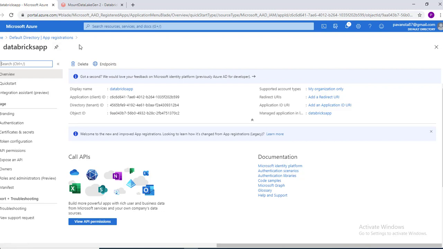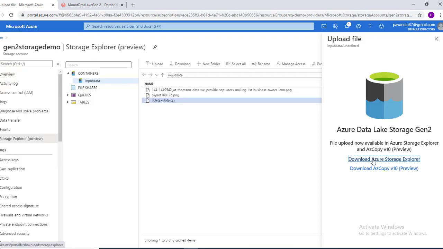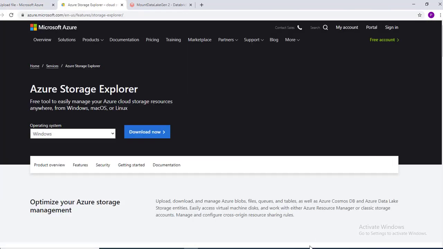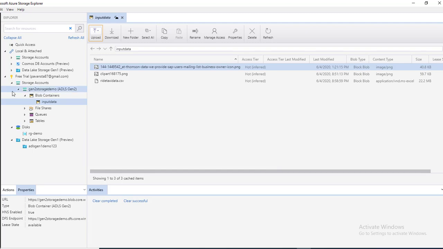Now let's give access to the Data Lake Gen 2 account. Since we have already registered an app, now we'll give access to the service principal in this Data Lake Gen 2 storage account. So let's click on manage access.